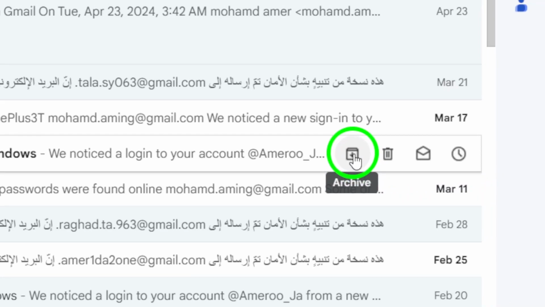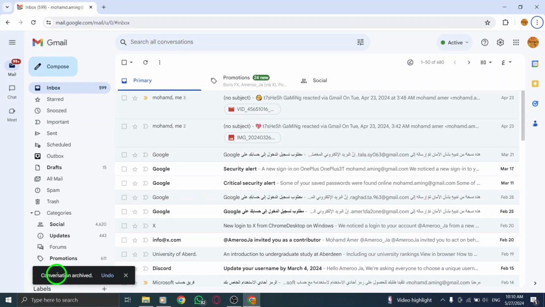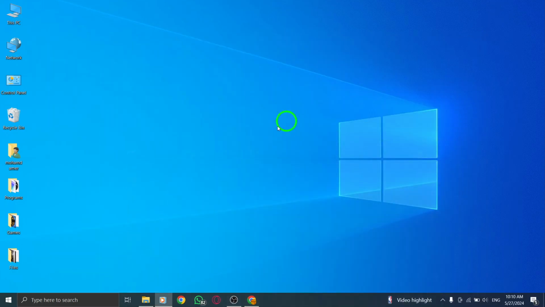By clicking the archive icon, you will efficiently move the selected message to the archived folder, decluttering your inbox. Archiving chats on Gmail helps you store important messages without them occupying space in your main inbox. By following these steps, you can quickly archive chats on Gmail on your PC, ensuring a clean and organized email